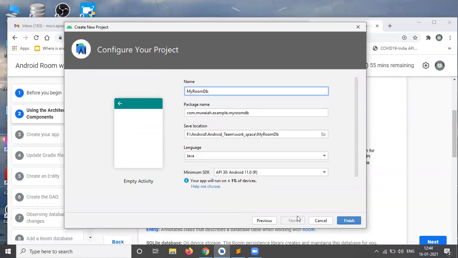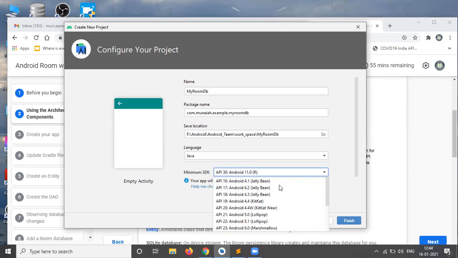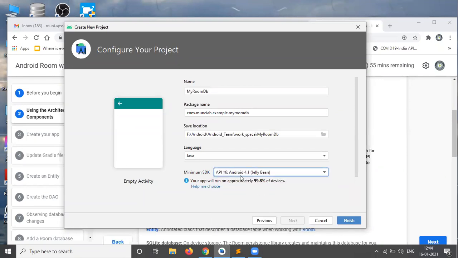The application name is My Room DB. I'm selecting API level 16, that is Jelly Bean. Just click on the finish button.